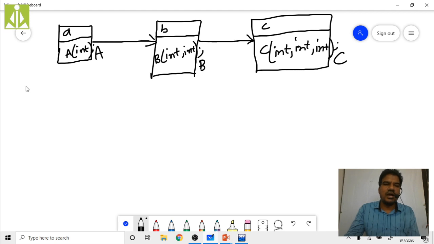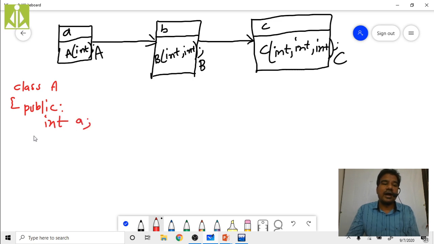So A's coding is very simple. Put class A, under it take the parameter public. Inside the public area only we have to declare. I told you I am taking only public parameters.